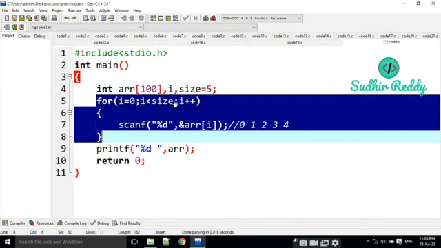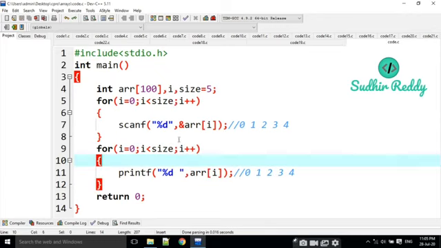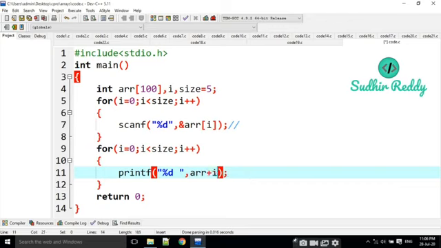Based on this, we are writing the same concept again. Here, ampersand. I am going to print here. Instead of printing arr of i, I am going to write arr plus i here. Here I am printing arr plus 1.